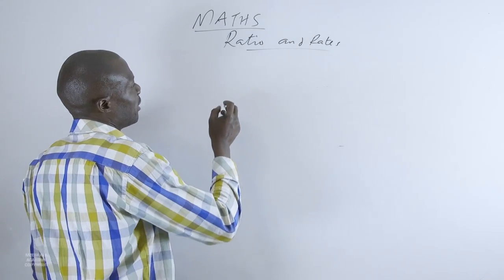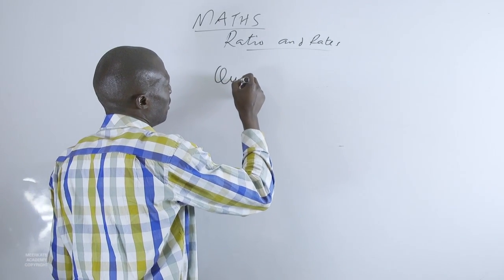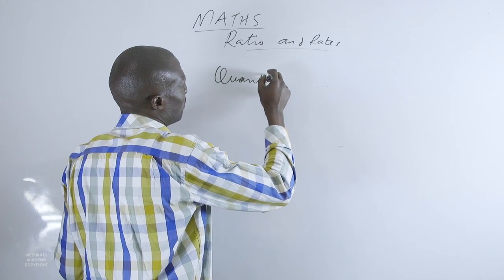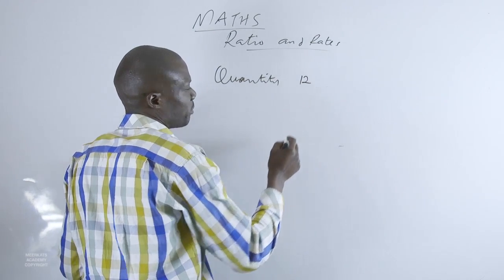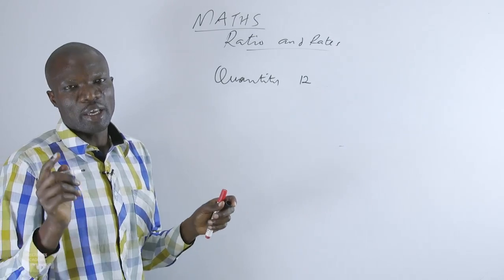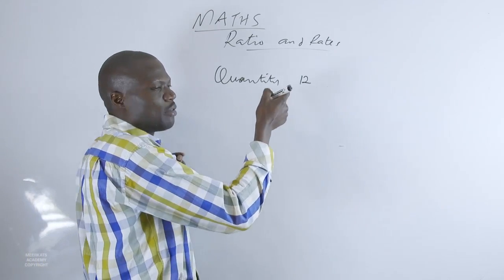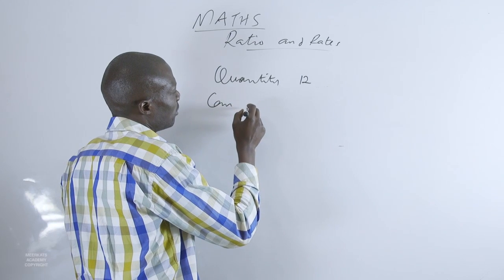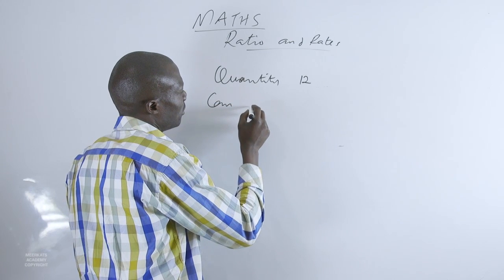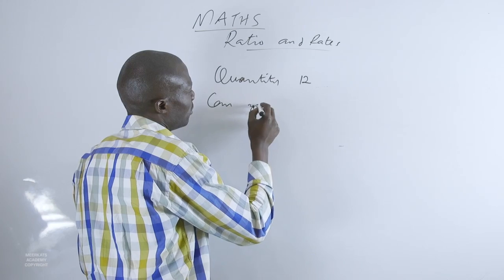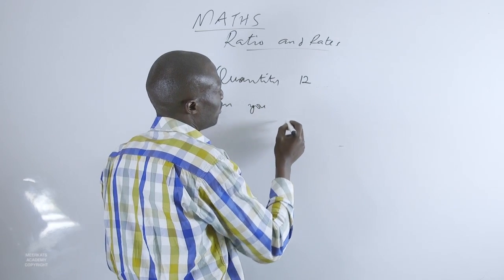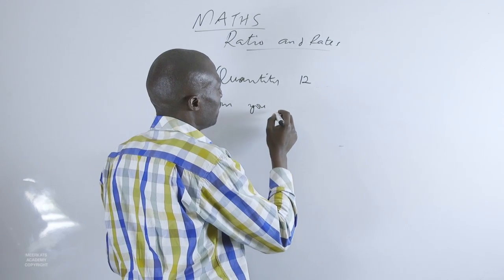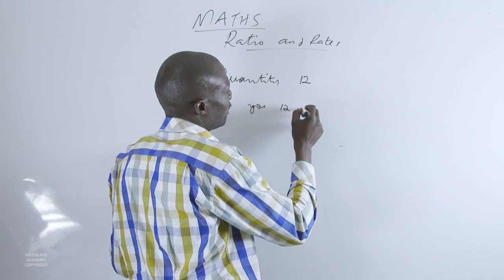Let us take the quantity or the number 12. Can you divide 12 in the ratio